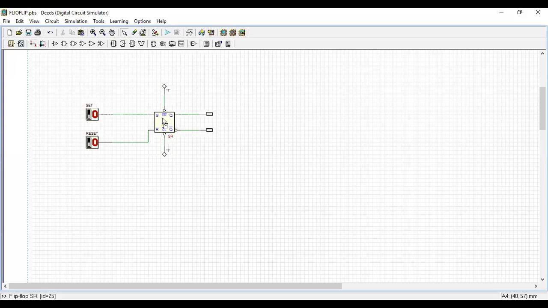So PR means preset. Here I connected 1. See, there is a bubble here, so the 1 will be inverted to 0 here.